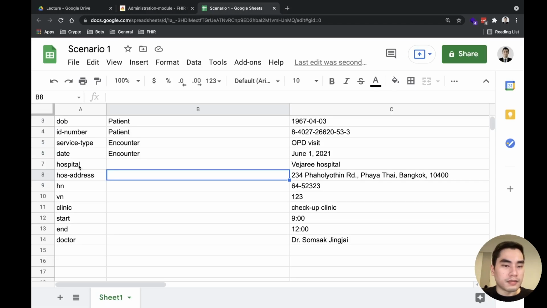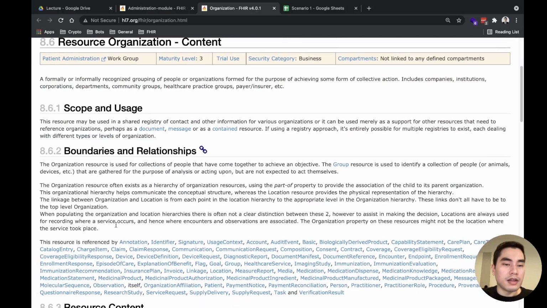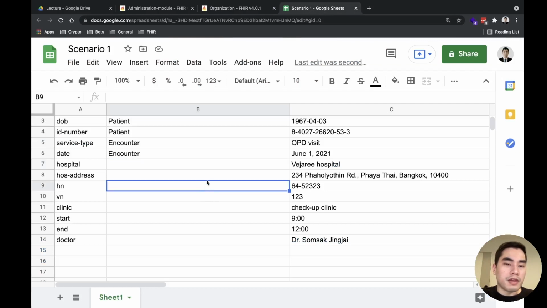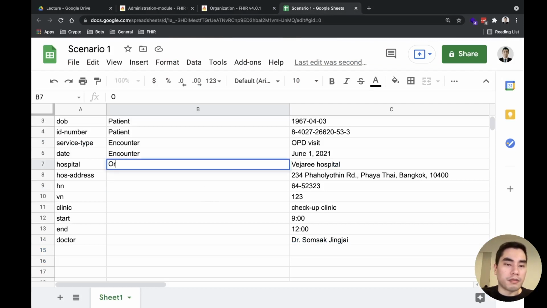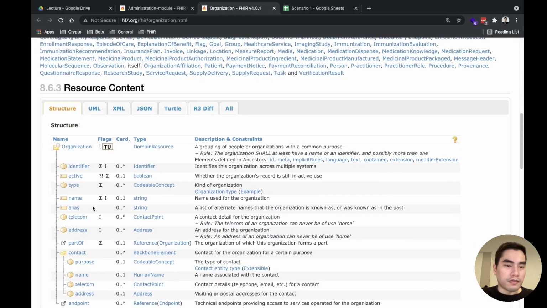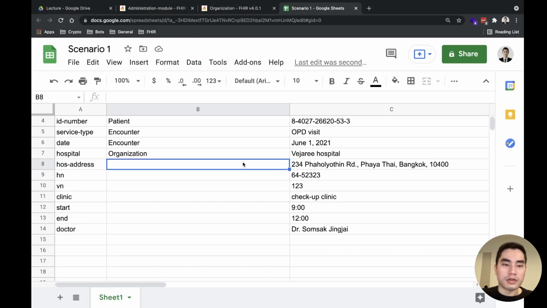This one is the hospital. So it must be Organization or Location. Then you go to the resource and read about it. And okay, you think that maybe Organization is better. And this is Organization. They have a name and they have an address. So this one also can use Organization as well.